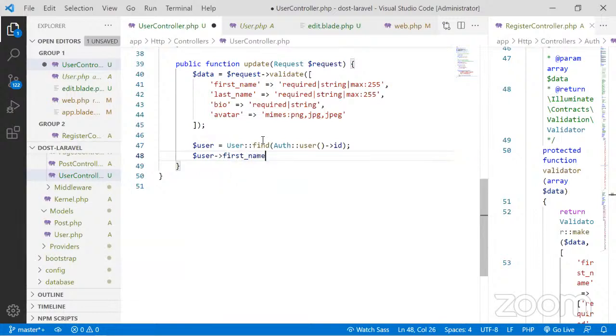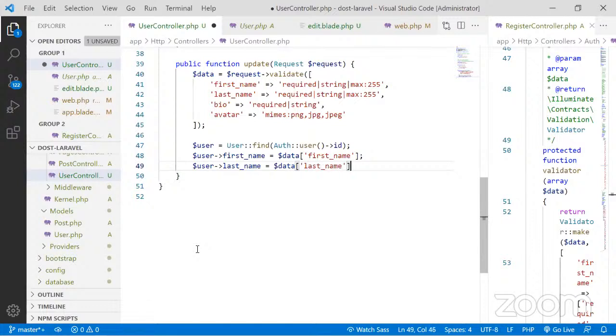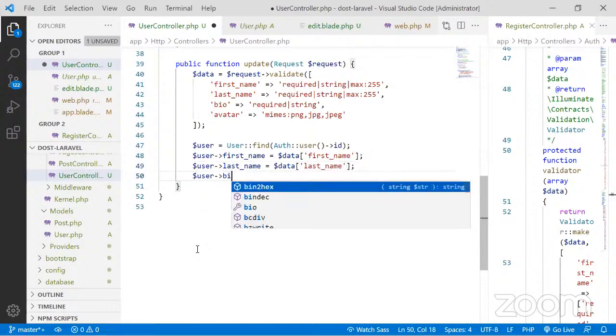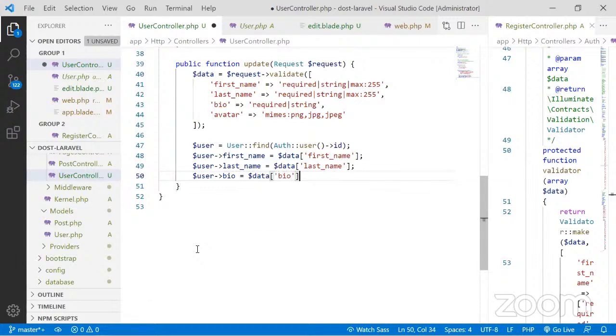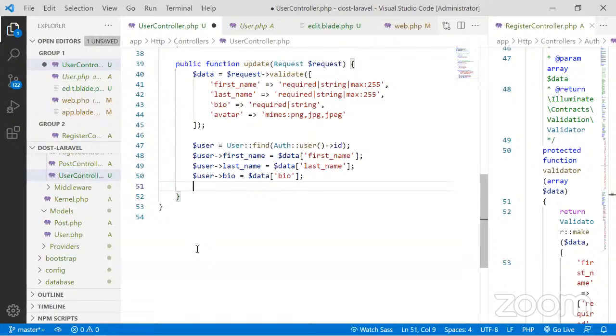first name must be equal to the first name, then first name, then data, first name, then user, last name, data, last name, user, bio, data, bio, user, avatar. So for the avatar, we must consider or